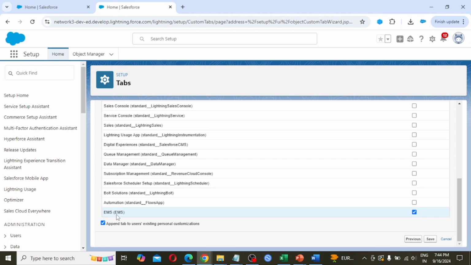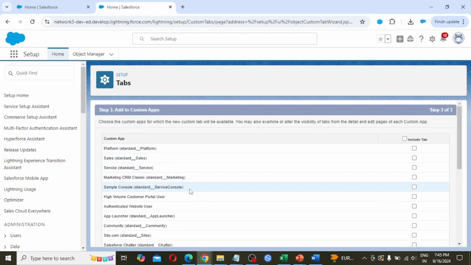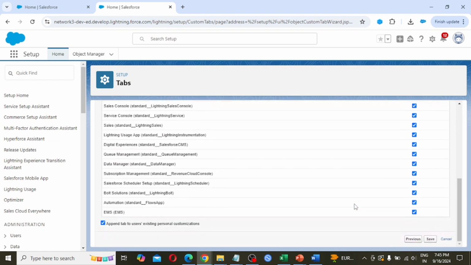So it is going to be added for this application, and for all the other applications we can't find this employee object. For now I am going with the default one, all the applications, and clicking on the save button.